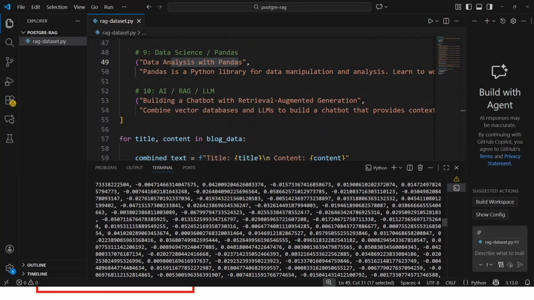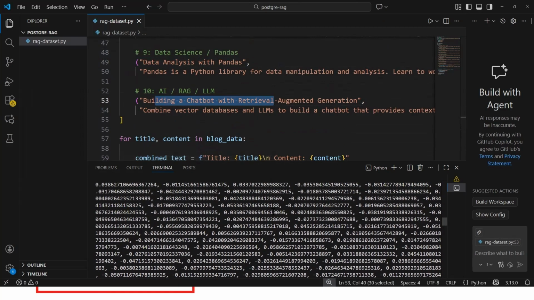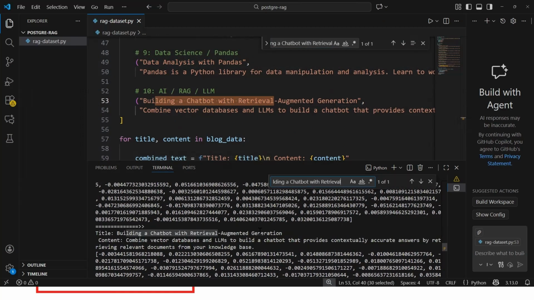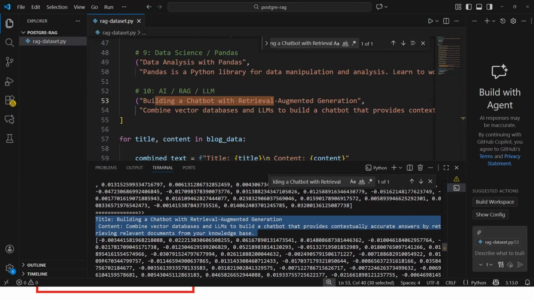Great. Now the embedding got generated. Let's go ahead and copy one of the titles here and try to search below. Yep, we found the concatenated or combined string as title and the content, and we have the respective embedding, which